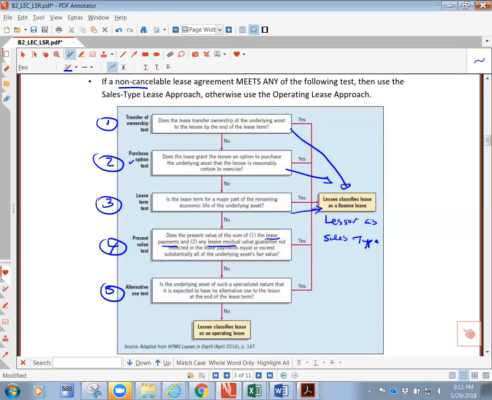For the present value test, what you're getting at is you take the present value of the lease payments plus the PV of the residual value. Basically, you're taking the present value of all the cash flows associated with the lease, and if that's a pretty large amount relative to the fair value,